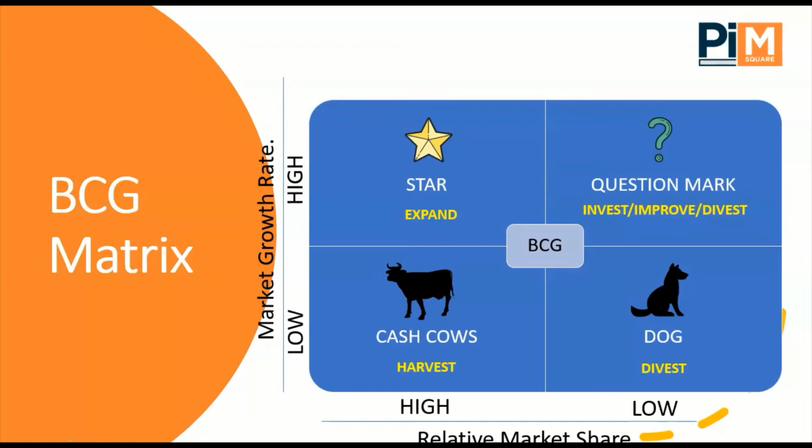And if you see the dogs SBU, it is low on market share and low on market growth rate. They may generate enough cash to maintain themselves, but do not promise large sources of cash. Dog SBUs can maintain themselves, but there is no point in expecting much return or cash from them to use in the other SBUs. So dog SBUs have low share in business and low cash to maintain themselves.